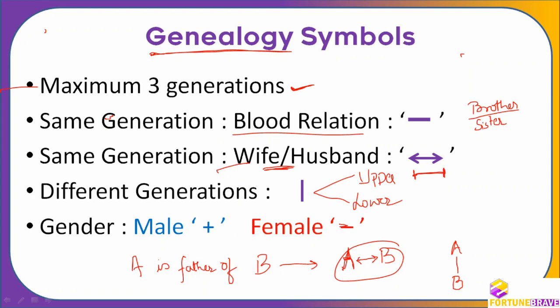If it is, say for example, grandmother. Okay, so if it is grandmother, I am going to remove this and I am going to write one more. So I don't think you will make any mistake in this. You will be able to understand. A is grandmother of B. So how many generations does grandmother mean? Two generations. So who is up? A is up, that is very important. A is grandmother. So how many generations? One, two generations up, right? A is grandmother of B means two vertical lines, so that we are very, very clear.